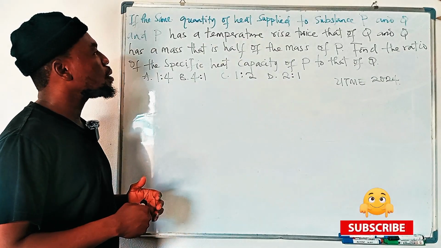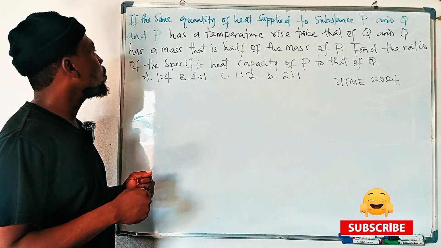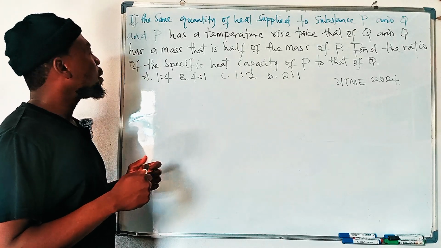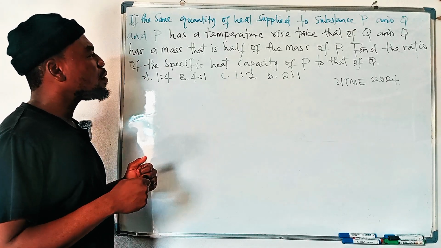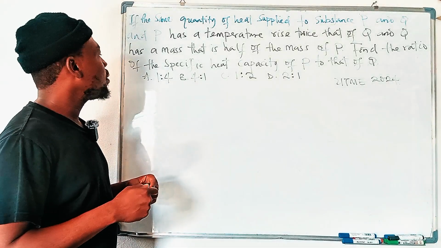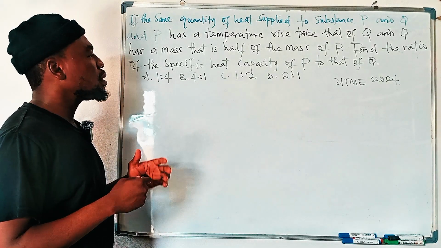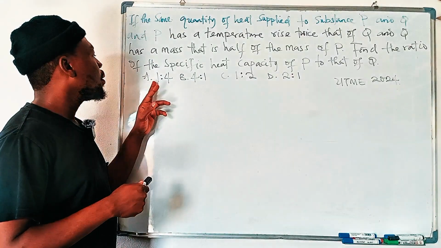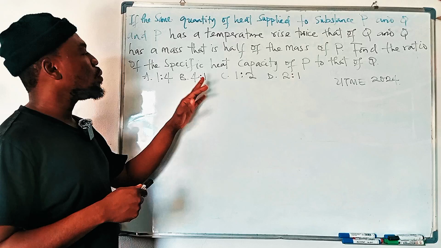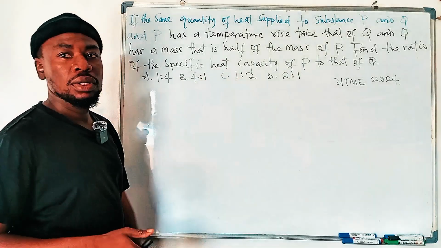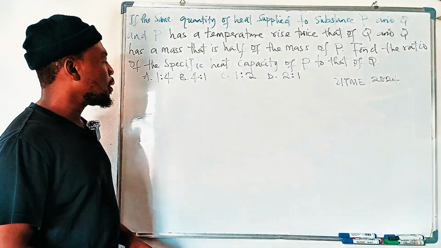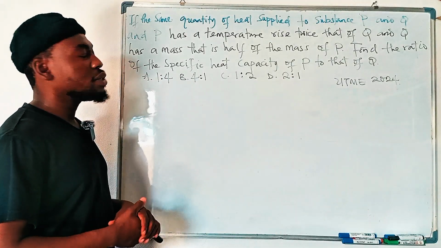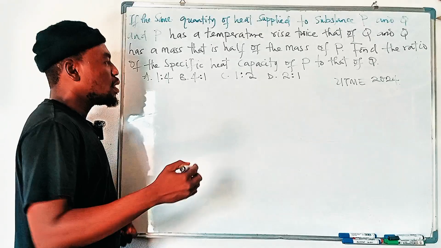If the same quantity of heat is supplied to substance P and P has a temperature rise twice that of Q, and Q has a mass that is half of the mass of P, find the ratio of the specific heat capacity of P to that of Q. A, 1:4; B, 4:1; C, 1:2; D, 2:1. So in this case, we have two substances, and they said the same quantity of heat is supplied to